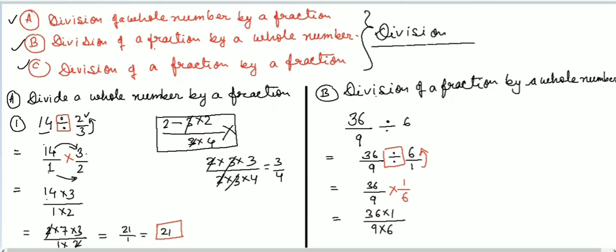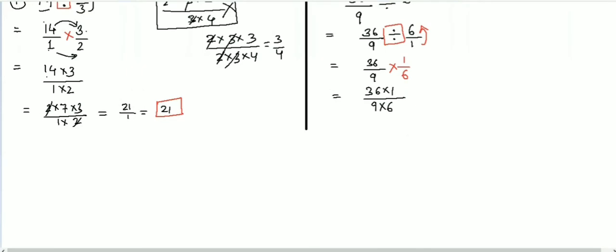Write it in the simplified form. The big number here is 36, so instead of 36, write down all the factors of 36. How to find the factors of 36? Take the smallest prime number, which is 2. So 2 multiplied by 18 will give you 36. Then again take 2 multiplied by 9 will give you 18. Then 9, we can't take 2 now because 9 is not divisible by 2, so we should take 3 here. 3 by 3 is 9.